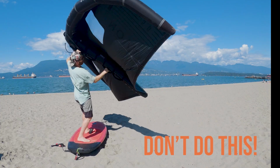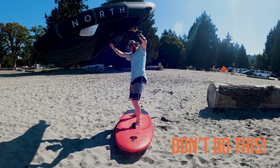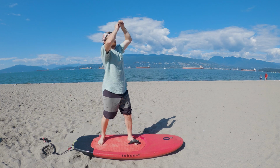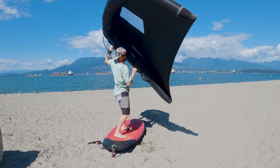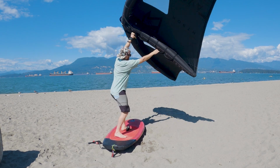So to do that, a lot of people make a big mistake and they just shake their sail back and forth like crazy, trying to give themselves more forward momentum. But what you want to do, and it's some of the best advice that I've ever learned when it comes to pumping my wing, is instead of using that back and forth motion, you actually want to use a big scooping motion to actually scoop the air in front of you and not only pull your wing towards you, but actually pull your wing